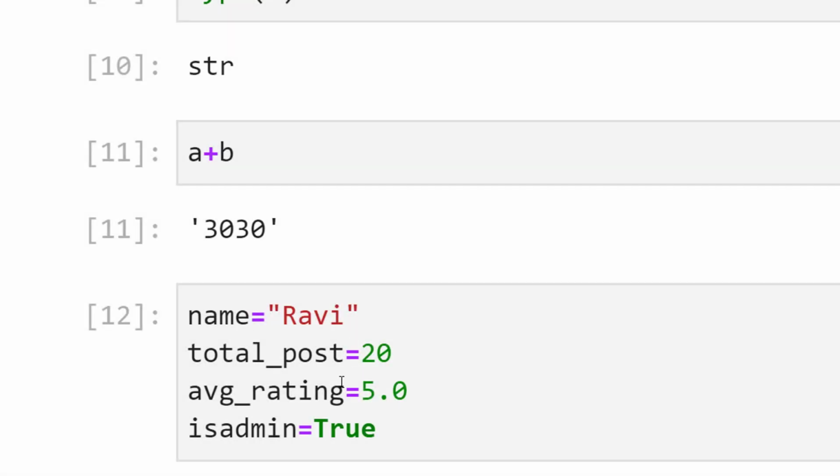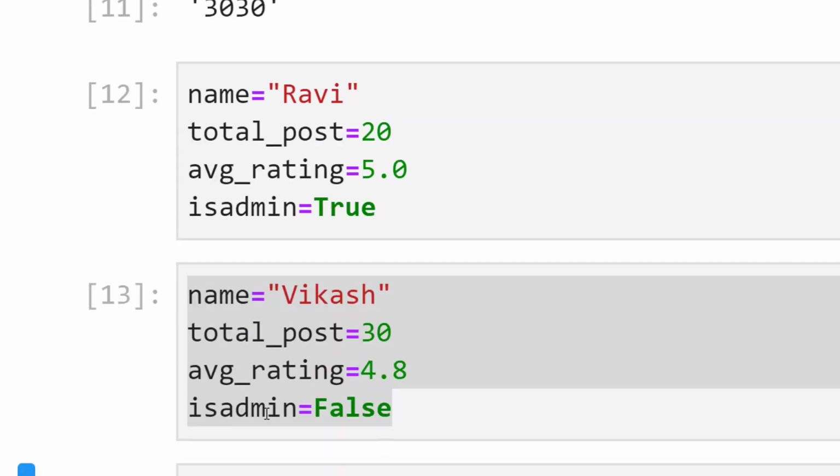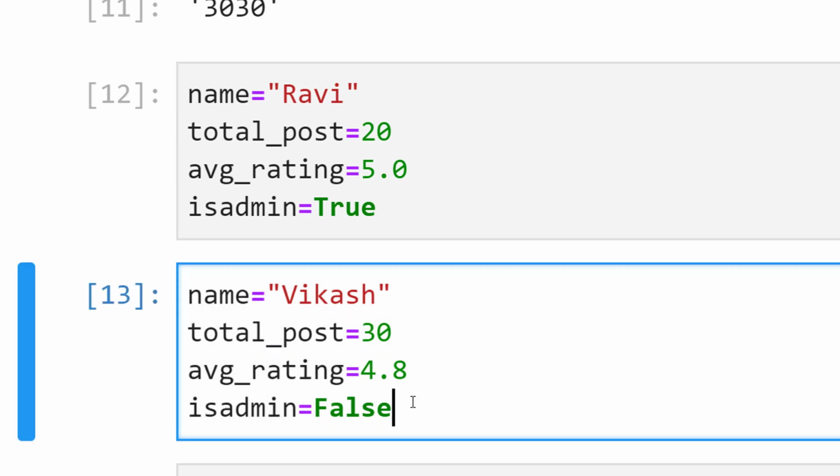Now let's consider we have four variables: name, total post, average rating and isAdmin. Now there is another user having name as Vikas, total post 30, average rating 4.8 and isAdmin false. When you change this, it will update the values for these variables also.